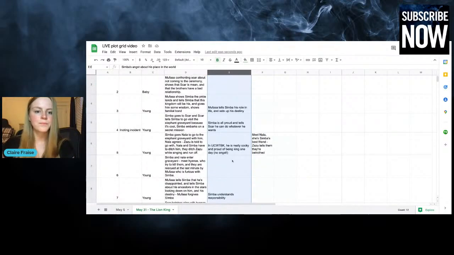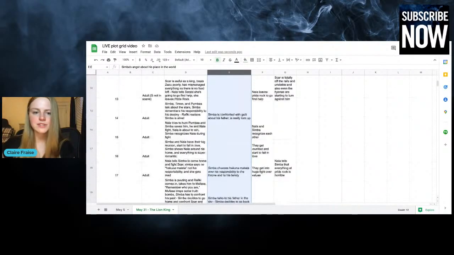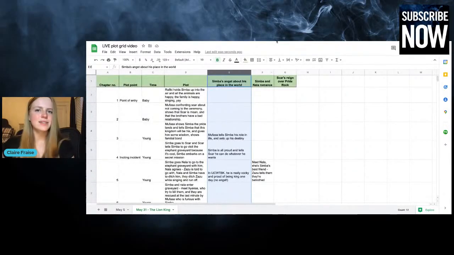So, every single subplot, in my opinion, I like to make sure that all of my subplots have arcs, just like my story. So every single subplot has a beginning, a middle, and an end. And there is a change that happens. So it's not just one thing that is peppered in throughout the entire book. If it's a character's internal struggle, or if it's a romantic subplot,